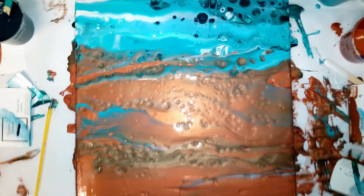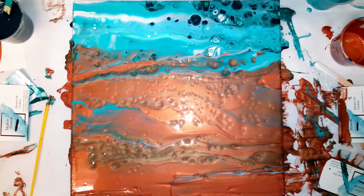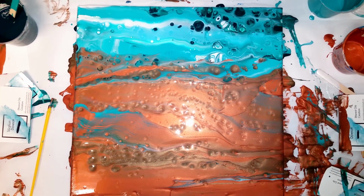I know there are people sometimes who see this and think, oh, there's so much wasted paint, but none of that will go to waste, folks. It'll all be used for jewelry or maybe some mosaics or something. But anyway,